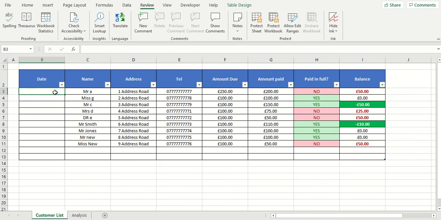So now we'll just make some random dates up. So let's say this was 1st of January 2021, 2nd of February 2021, 21st of February, 1st of March. Right, so now I've selected some random dates. Let's just highlight them all, drag it down. So let's just randomly put them dates in. So now that we've got some dates in there,